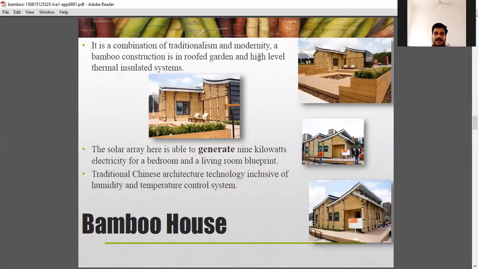Here, the solar array is able to generate 9 kilowatts of electricity for a bedroom and living room blueprint. And traditional Chinese architecture technology, inclusive of humidity and temperature control system. In Chinese architecture they use mostly bamboo for controlling the heat and all. So here in this slide you can see bamboo houses. Okay,